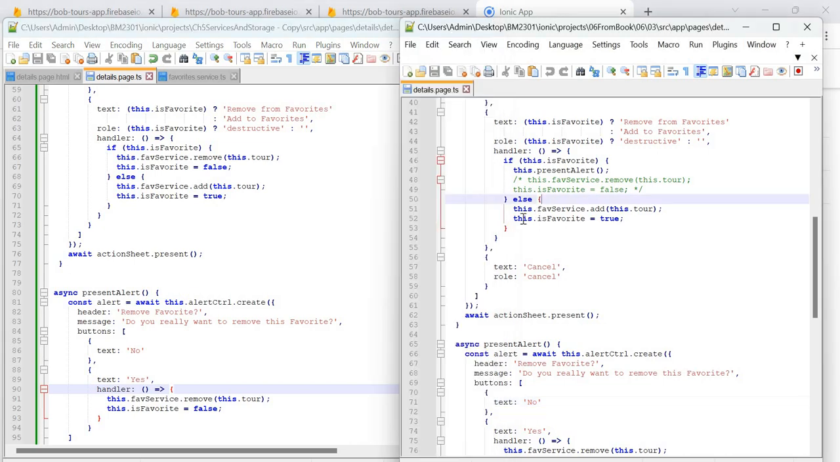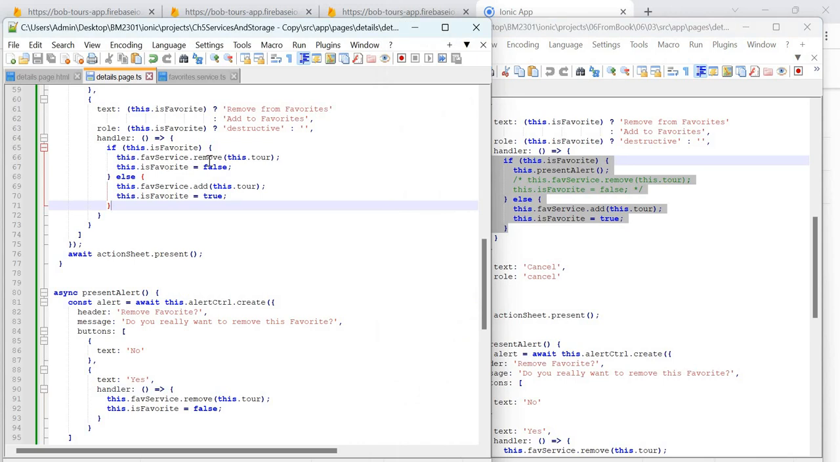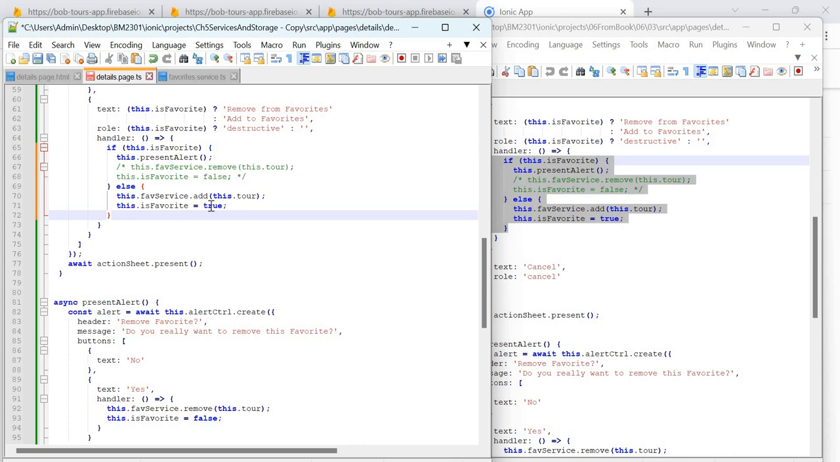Okay. So right now, there's a change here. This is the change. Initially, what we were doing, we were calling the remove method and the add method, which were from our service. Now, instead of using it, we are going to call, if it is in the favorite, the present alert, which is here. You're going to call this. If not, you're going to use the add method, which is available in